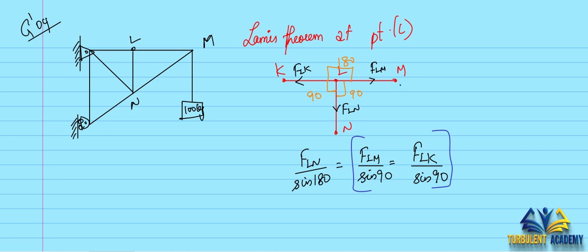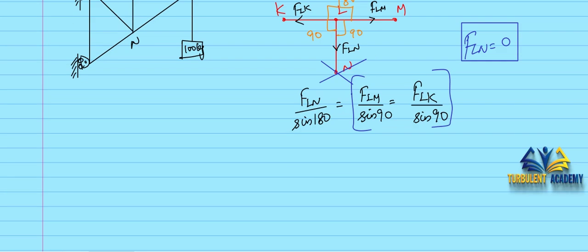In a three member truss or three member structure, whatever it is, if you see one member hanging in the air, it is obviously 0. It doesn't matter whatever the structure is, like this or like this. F_LN obviously is going to be 0. Once you get practice, just by seeing you will learn this is 0, however it unfolds. Since sine 180 is 0, F_LN is going to be 0.